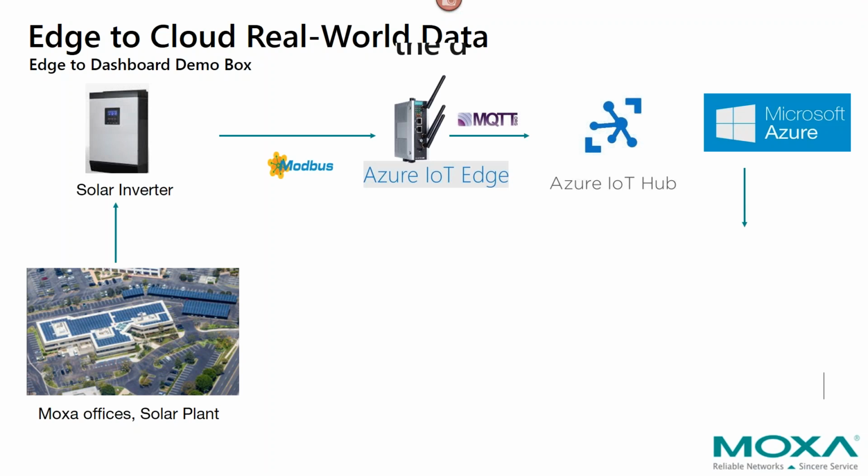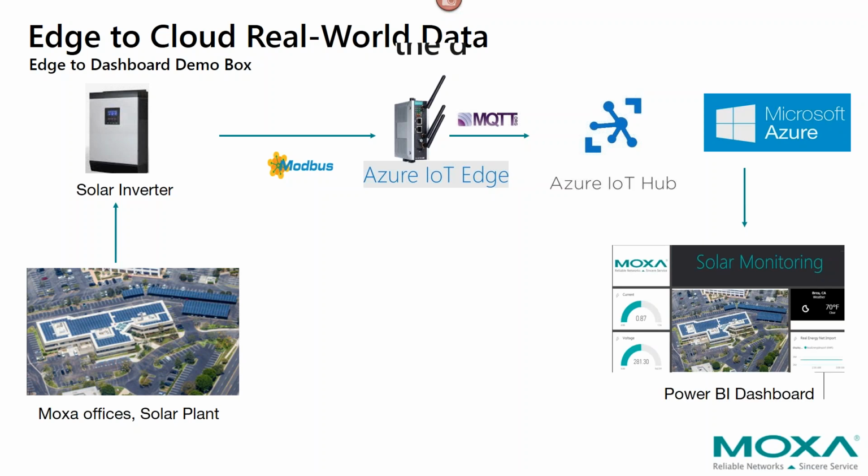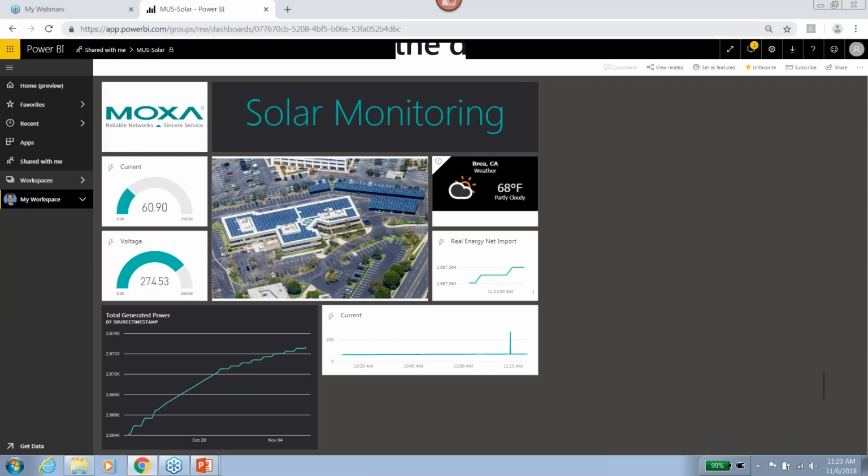This is converting the data from the solar inverter into MQTT and Modbus through the Azure IoT Edge Gateway. We're also running some local analytics on the gateway with Stream Analytics in Azure IoT Edge. Through MQTT, we publish this data to Azure IoT Hub, and then that resulting data is taken from a data lake in Microsoft Azure, and we've created a simple Power BI dashboard. We'll now bring up that dashboard and quickly show you live data coming directly from our headquarters.